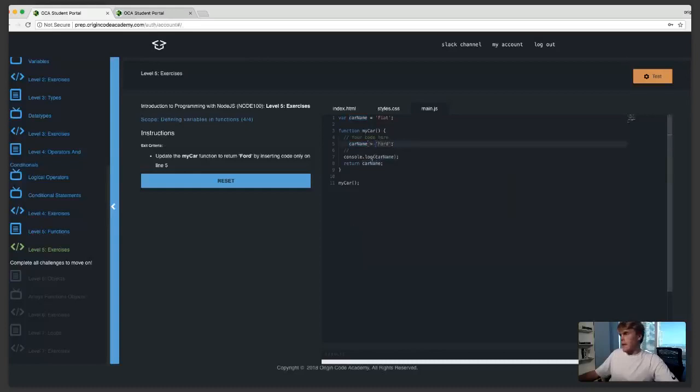And so by the time it gets to this return car name, car name has already been reassigned or changed to the word Ford instead of Fiat. And so that's a little bit about scope. As you can see, we don't need to redeclare our variable car name because it's already declared in the outer scope. So if we give that a test,